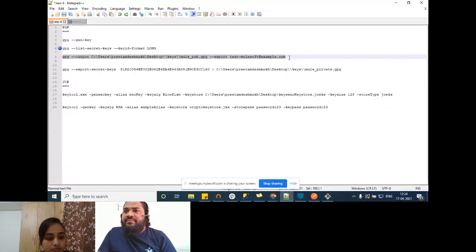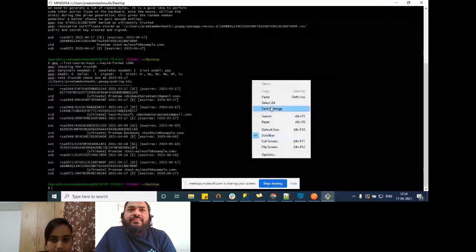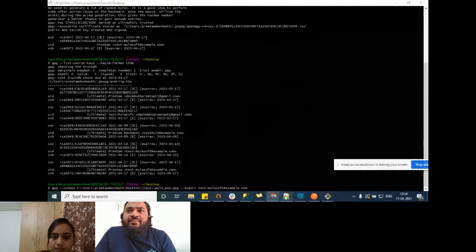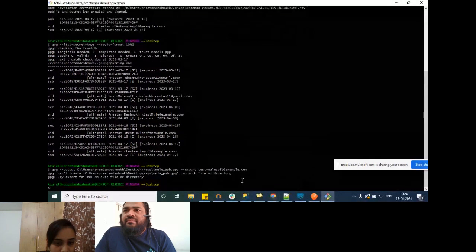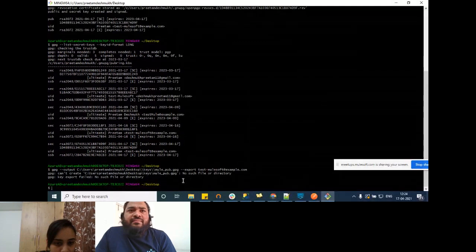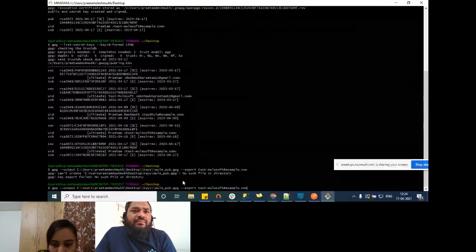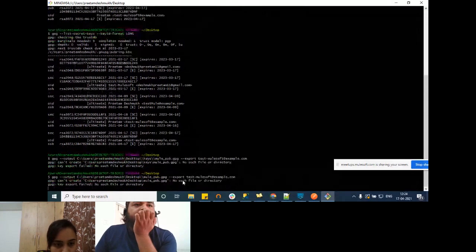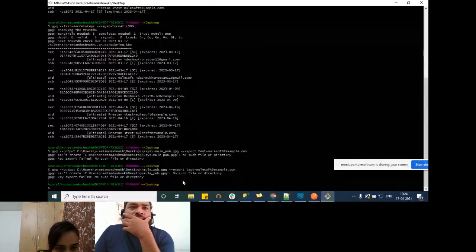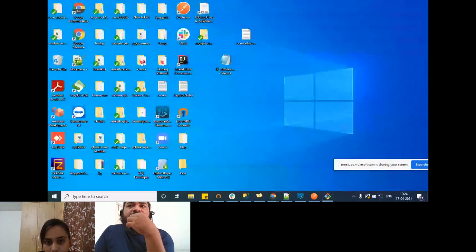This is the command I will be using for exporting the public key. Let me just look up the path.